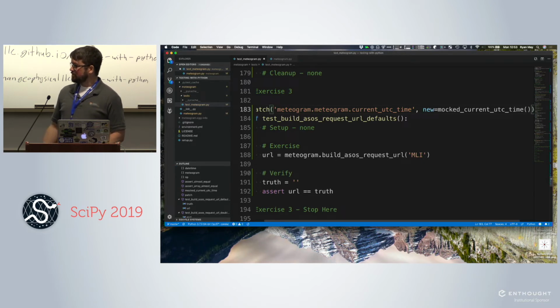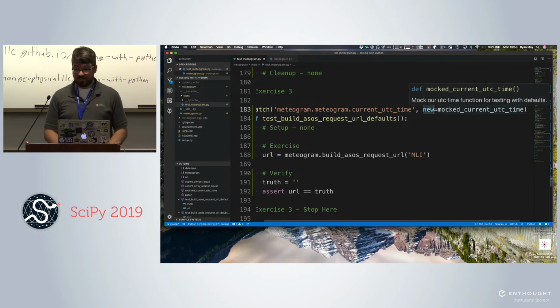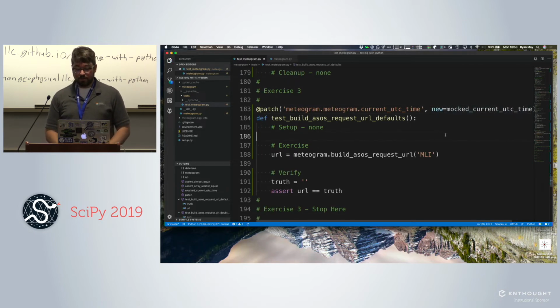That will not work. That calls the function, so it takes whatever that function returns and says that is the new thing. So we don't want that. We want to actually have the function. Likewise, if you put parentheses in this string here, you will get a very interesting error message that has zero hints as to what is really wrong. So if you're having problems using patch, it's probably that you have parentheses somewhere you are not supposed to, or you're not going package module thing.